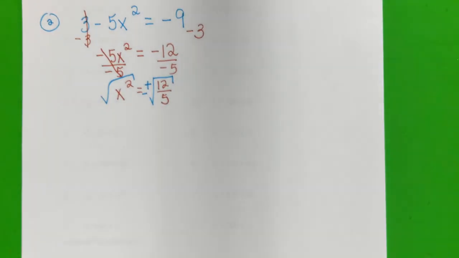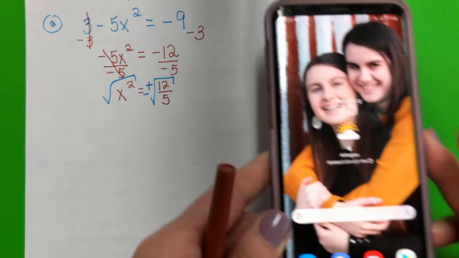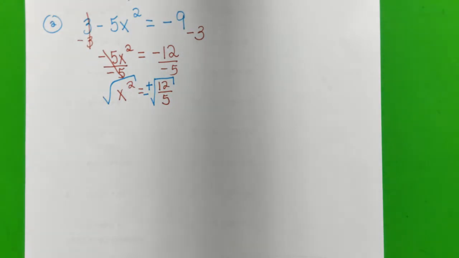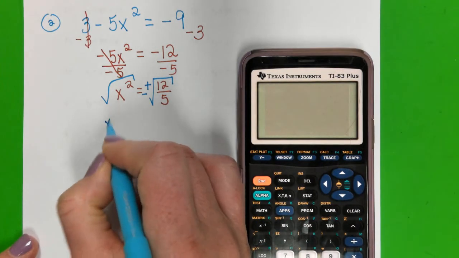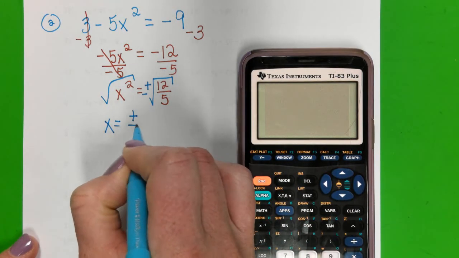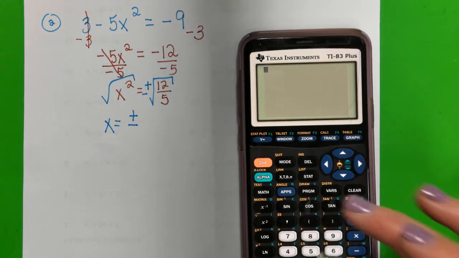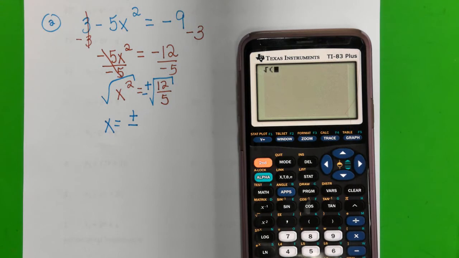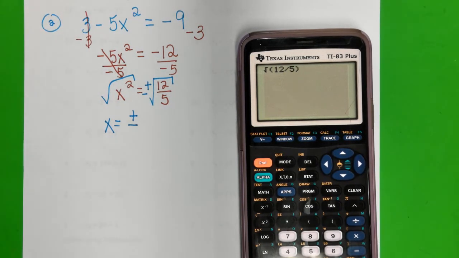So this is where we want to pick up our calculator. Okay, pick up your calculator. Now, positive or negative, this is going to make this actually really easy. I'm just going to put positive or negative, plus or minus. And so let's do the square root, second x squared. And then to type in 12/5, we just do 12 divided by 5. You can close the parentheses if you want or arrow out, but that's all we're doing. And so when we press enter,